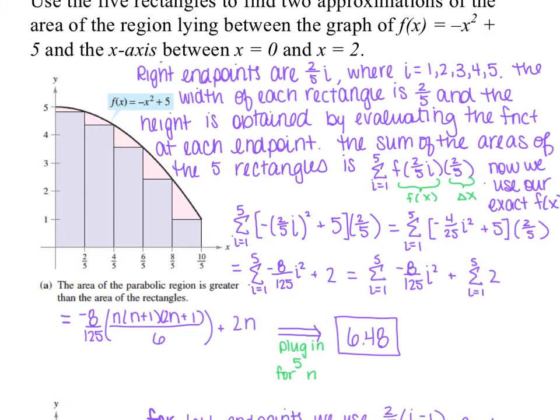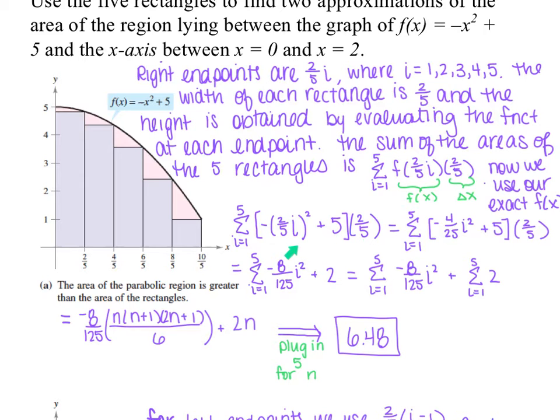So this is a way that you can add up those values without having to sit there and continuously do arithmetic. Okay, so when we get this set up, it's always going to be the function with the endpoints plugged in times the change, or the width. So your length times width. Think about a rectangle, length times width. So we plug our value, our 2/5 i, into our function. Our function for this problem is negative x squared plus 5. So we have negative, this is replacing our x, squared, plus 5, times the width, which is delta x,